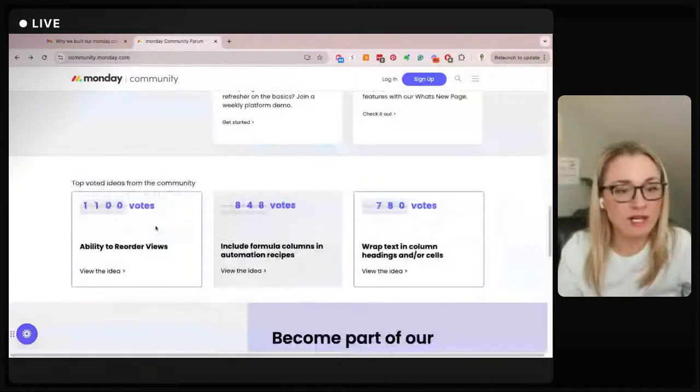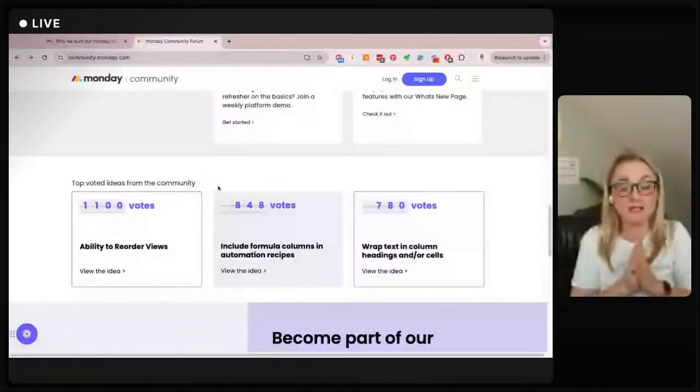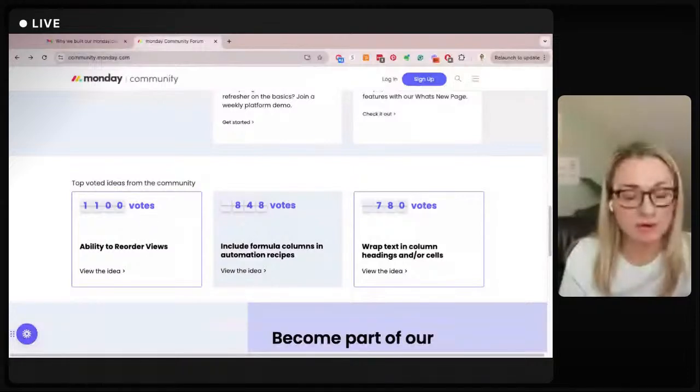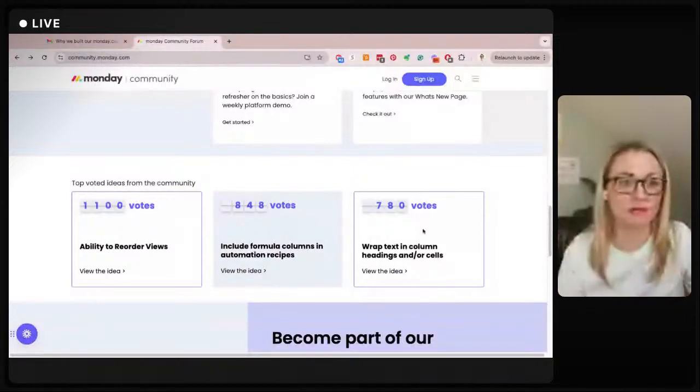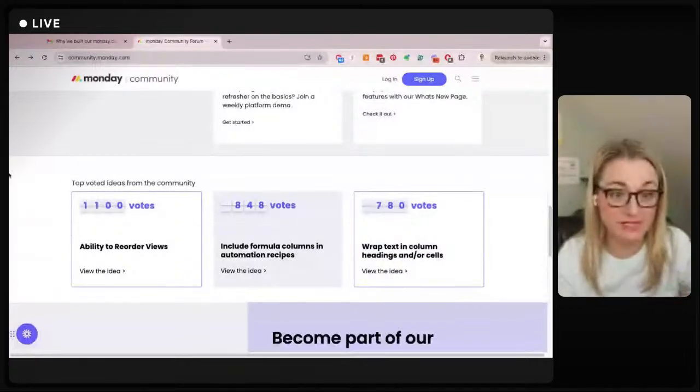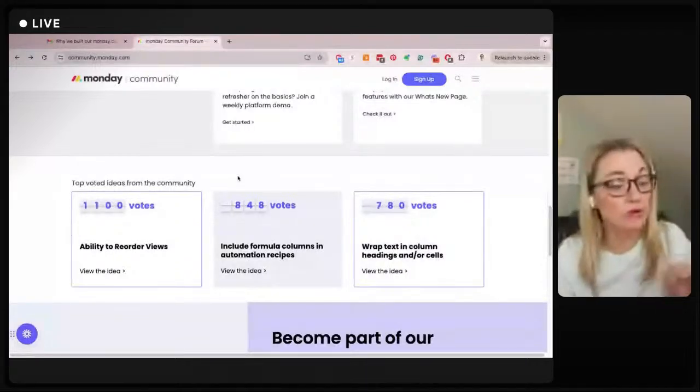These are top voted ideas. So again here, just like the Airtable community, they're probably connected to their product team. Submitting ideas is probably how they start to prioritize what's on their roadmap. Monday.com, to your question earlier, Will, is also going to be a B2B community. So both of these are B2B communities.